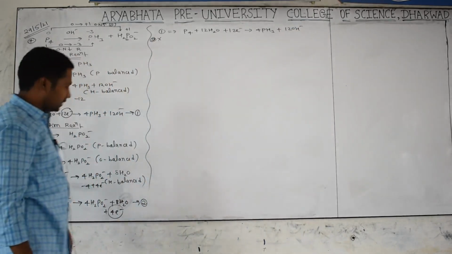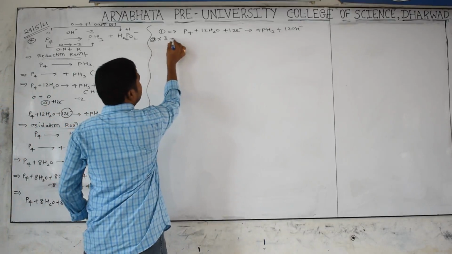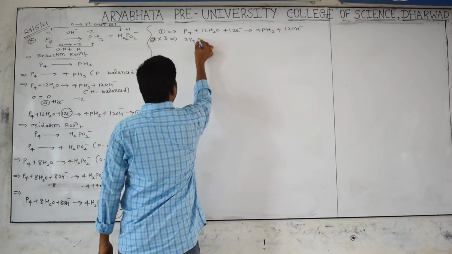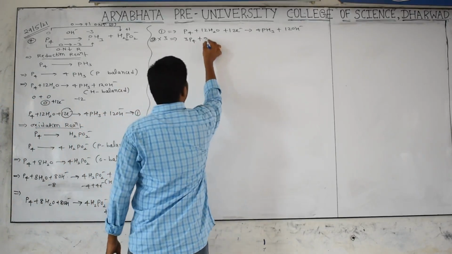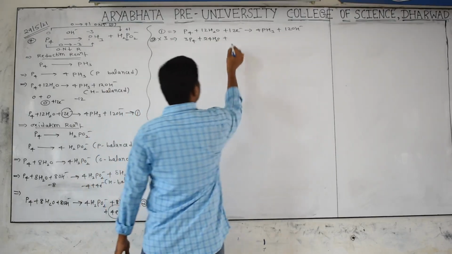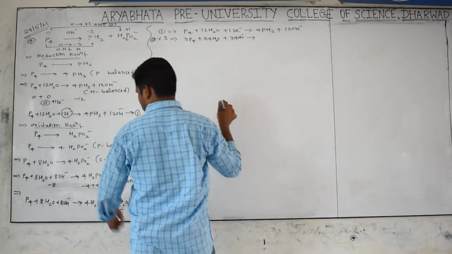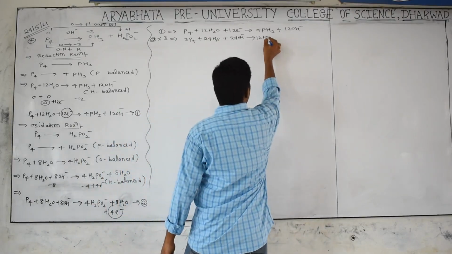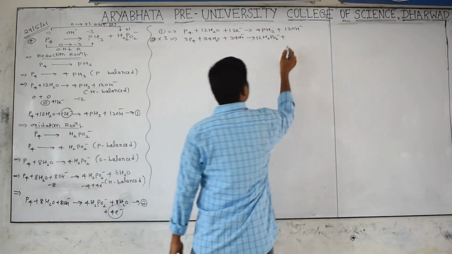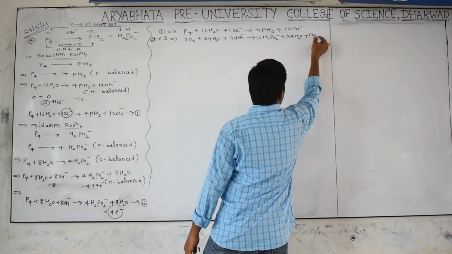I want to make it 12 electrons. Already here 4 are there. Multiplication by 3 has to be done. So the whole equation into 3 means 3P4 plus 3 8s are 24H2O plus 3 8s are 24OH minus gives rise to 3 4s are 12H2PO2 minus plus 3 8s are 24H2O plus 3 4s are 12 electrons.